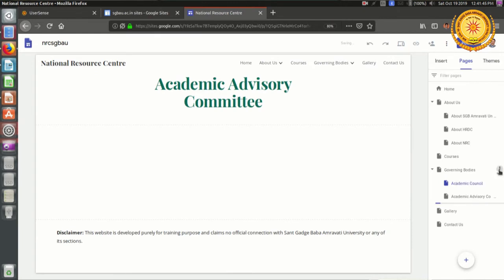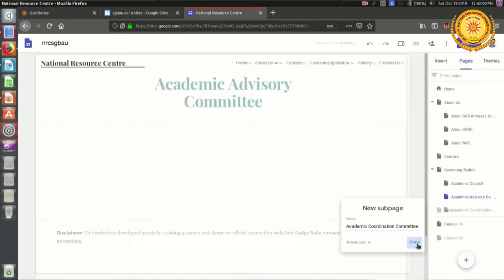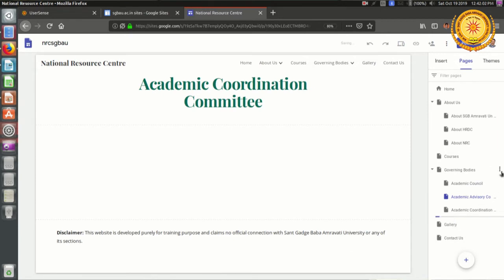Then I am adding one more page, that is Academic Coordination Committee, and one more committee is remaining, and that is Technical Committee.